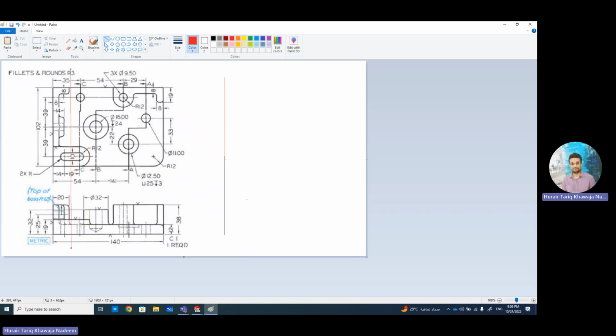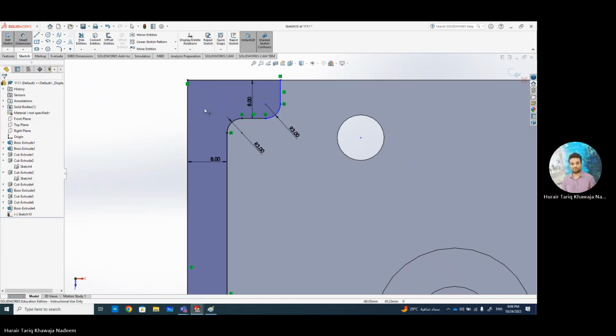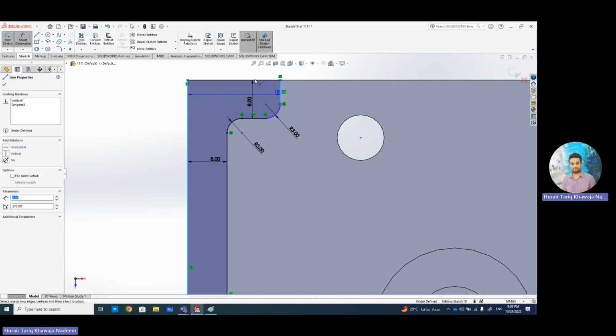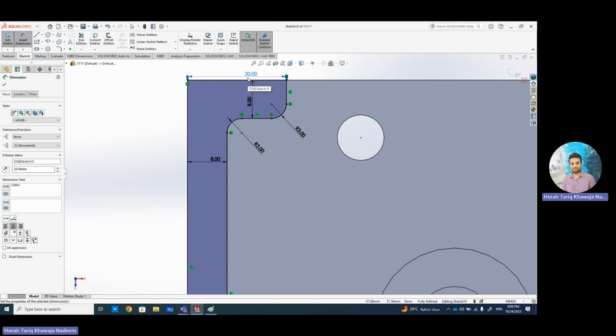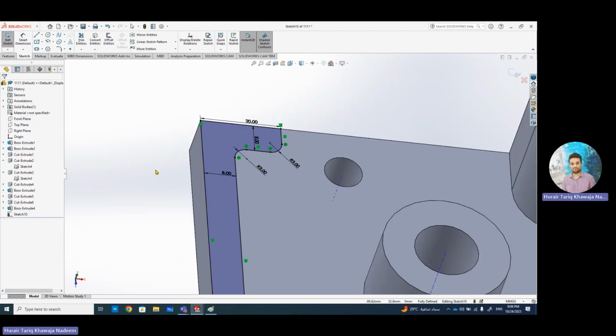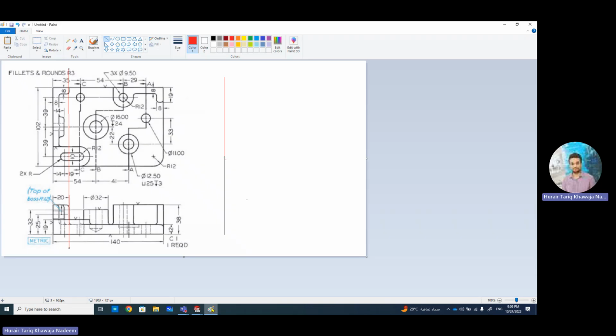I am going to move this line and I will see that this surface is shown over here as an edge. So what is it? It's 20. So let's make this dimension and it's 20. Okay. So now it's complete. And what we are going to do is extrude it. How much? Extrude boss. We are going to extrude it to a distance of